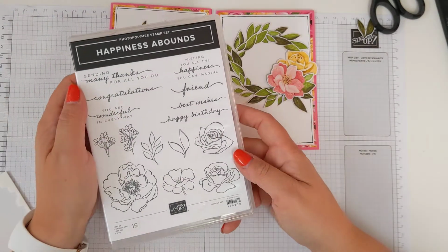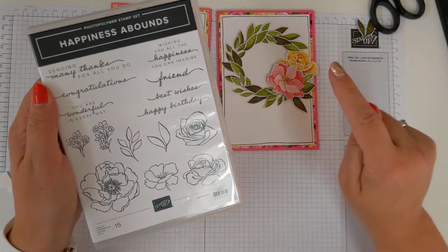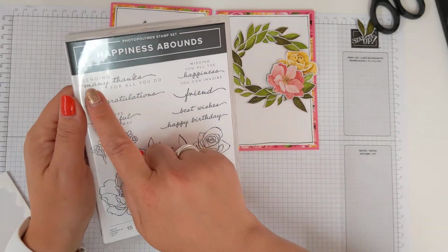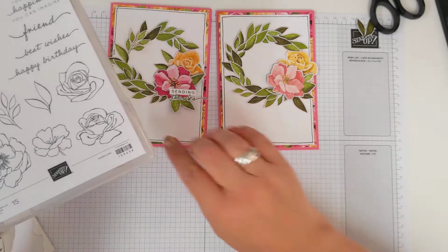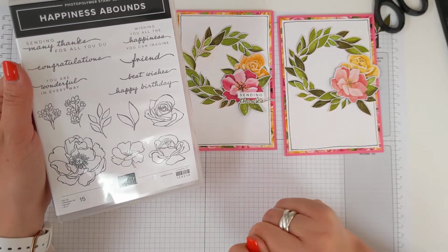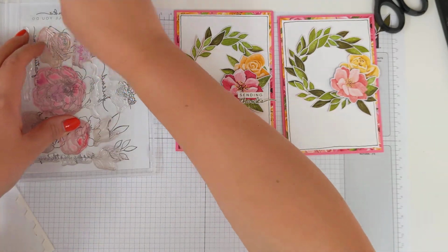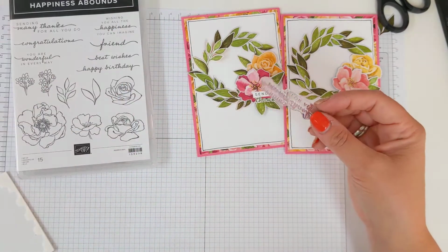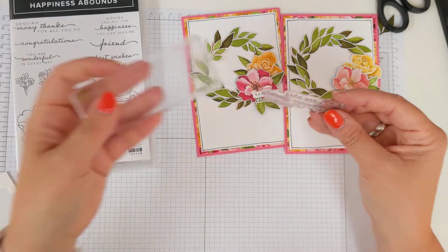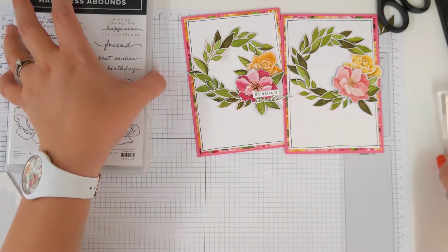So on the Happiness Abounds stamp set, you'll notice there isn't one that says sending thanks. So what I've actually done is I've doctored the stamp ever so slightly. I'm going to show you how I did that in a moment, to create just that little sending thanks, almost kind of simplifying that sentiment. So I'm going to pull out our sending many thanks for all you do. Adding that to my block,